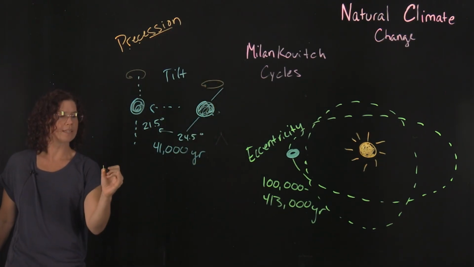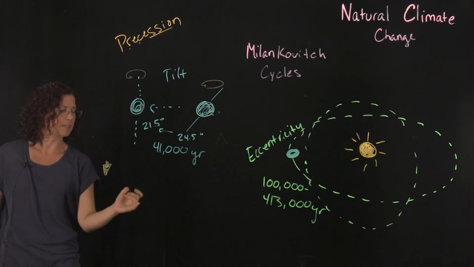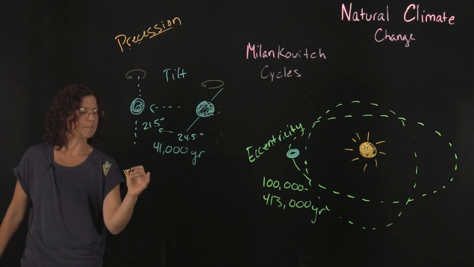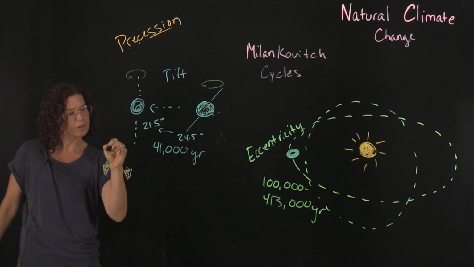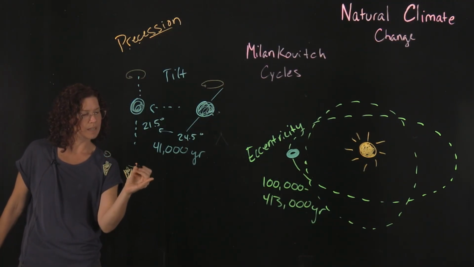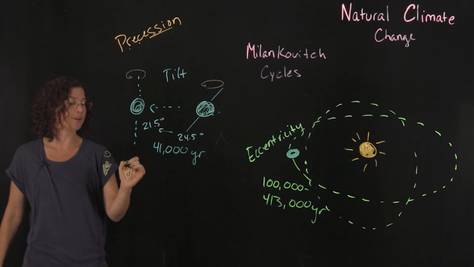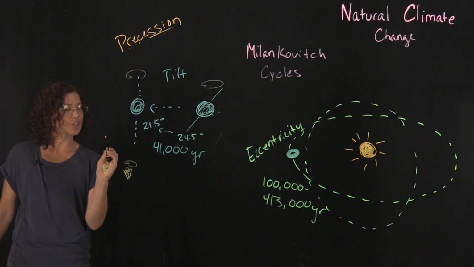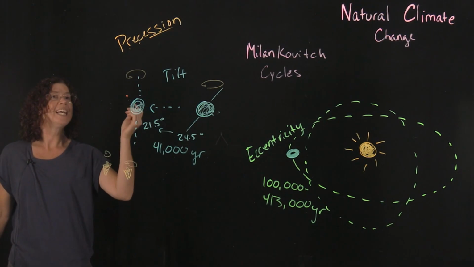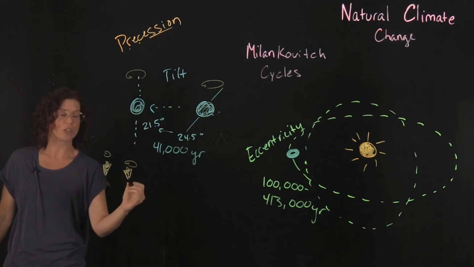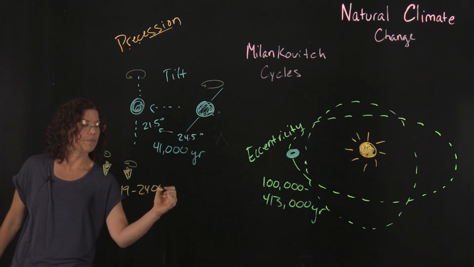So hopefully we've spun a top at some point in life that looks a little bit like a carrot. When you spin a top, sometimes it's spinning really tightly, and sometimes it kind of starts to wobble, in fact, right before it falls down. Now, the Earth isn't going to fall down, but rather there's a change in how tightly it's spinning and how much it's wobbling in its pathway around the Sun. And that change is what we call precession, and precession is going to be changing on a 19 to 24,000